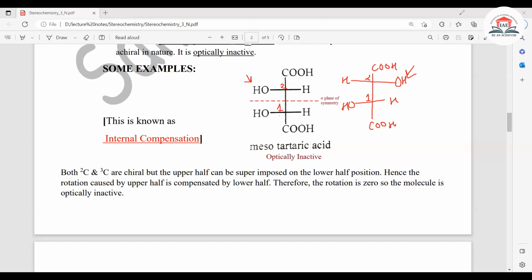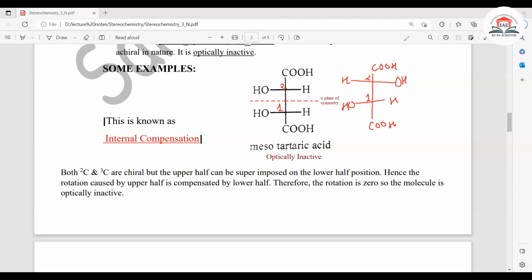Okay. And because of this different arrangement, in this molecule there is no plane of symmetry. Is there a plane of symmetry? Can you draw a plane of symmetry like this from the middle? No, right? Because see, in the top half, the H is on the left side and the OH is on the right side. But in the bottom half, the OH is on the left side and the H is on the right side. So these two halves will not be mirror images of one another. That means this particular molecule does not contain any plane of symmetry. So that means this molecule will be